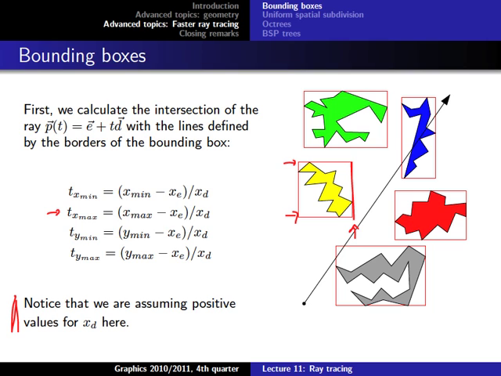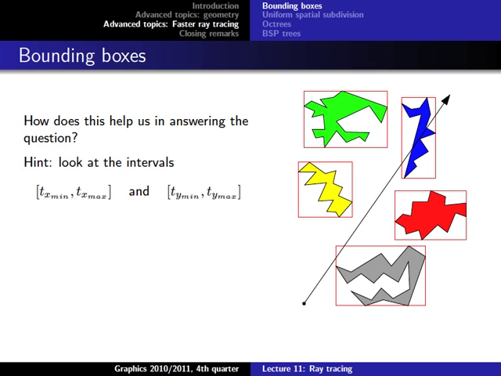And that way we could calculate the intersection points with the bounding box, but we don't need that because, as I said, we are only interested in the question if it does intersect at all or if it doesn't intersect. So what we do is we specify a test condition. What we're doing here is we're looking at the intervals x min till x max, that is this interval here,